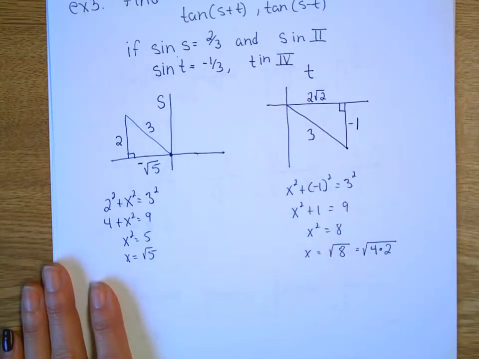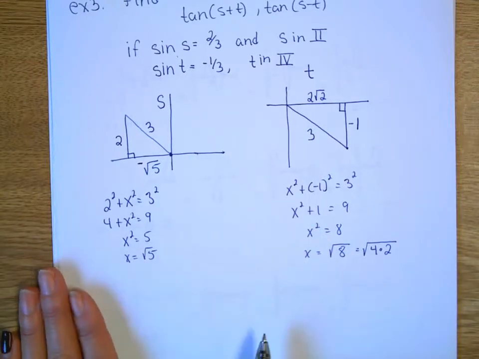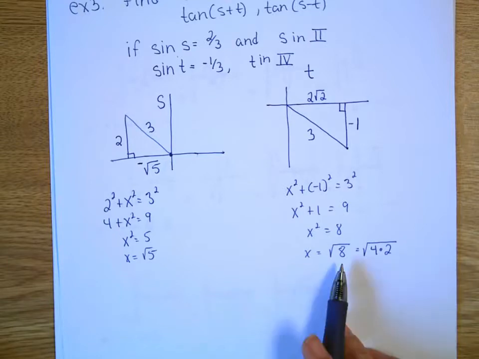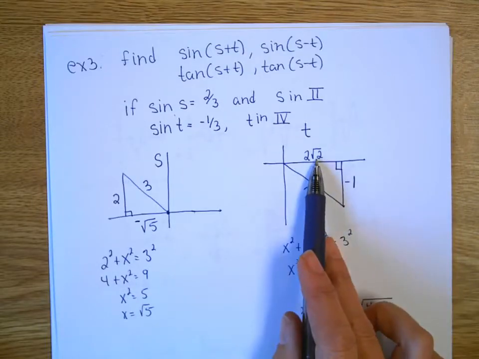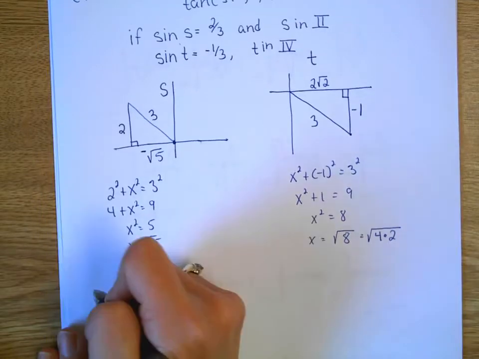All right, so now we're ready for our identities. There's really only 2 problems we have to do, because the other 2 we just change the sign. So even though we want 4 answers, we only have to work out 2 of them, really. Why did you do 4 times 2? Because that's what 8 is, so I can put it in simplest radical form, 2 square root of 2. Okay, let's do sine